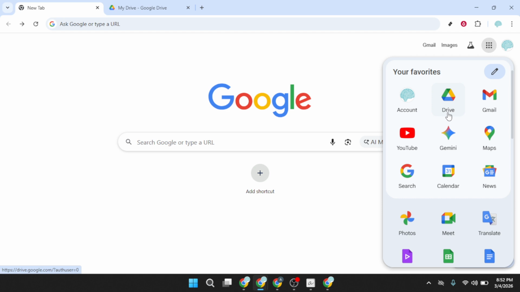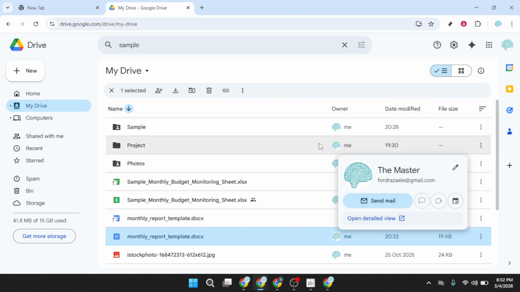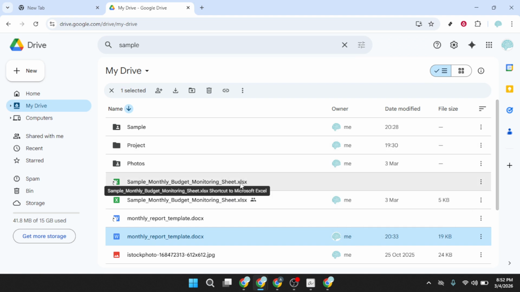Now, click Drive. Your drive will open to your main files and folders. You can work from My Drive or a specific folder where you suspect shortcuts might be sitting. The interface shows items as tiles or a list, but in both views, shortcuts are clearly marked once you know